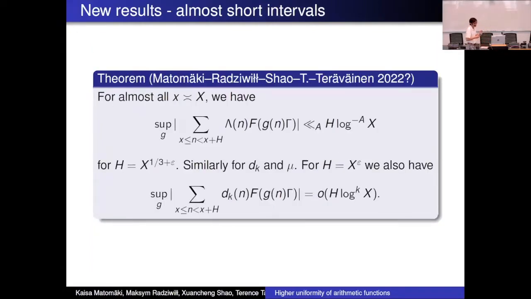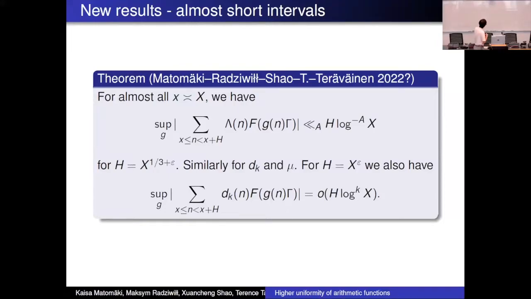If you restrict to almost all intervals, this is work in progress. We are still writing it up. What we think we can do is that even for Mangoldt, the hardest function, we can get a really nice bound where we save powers of log x for almost all intervals, and we can get down to 1/3. Huxley's result for primes in short intervals can get down to 1/6, so we can't get all that way. There are lots of barriers at 1/3, things that go wrong. We have to start understanding d_3 in particular, which we don't understand at all. But we can get down to 1/3 and get a nice result here.